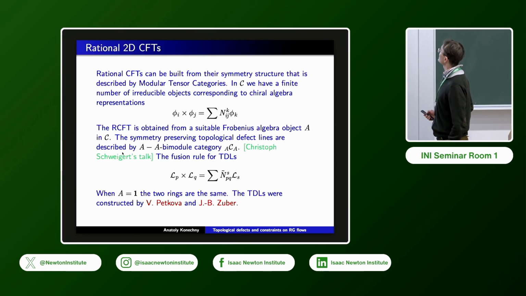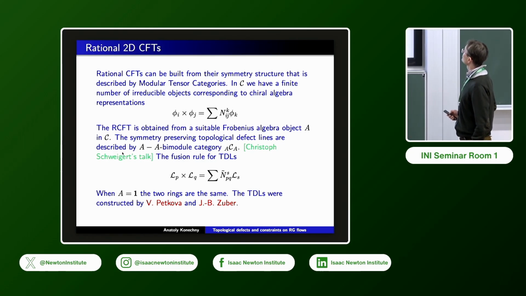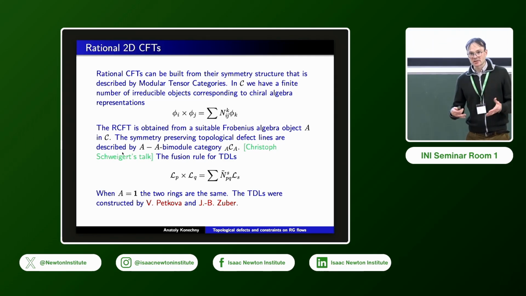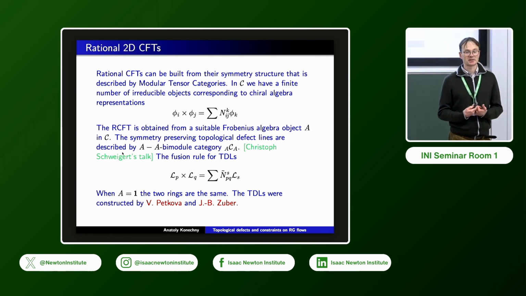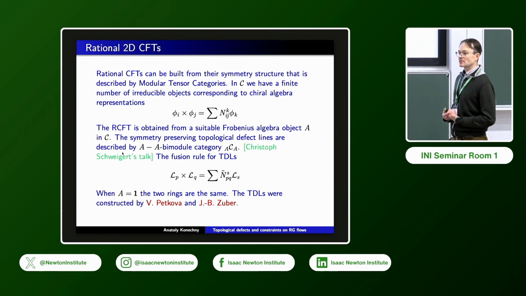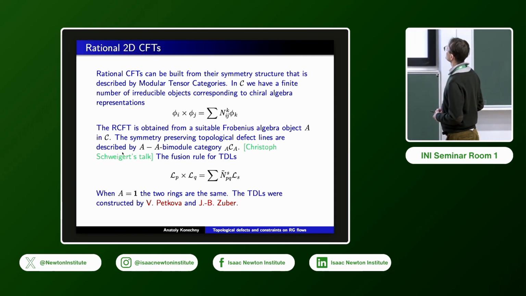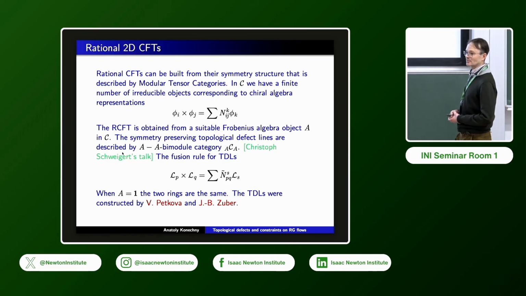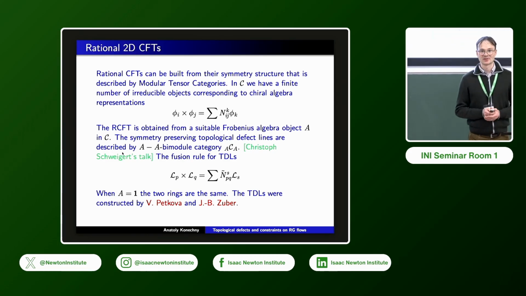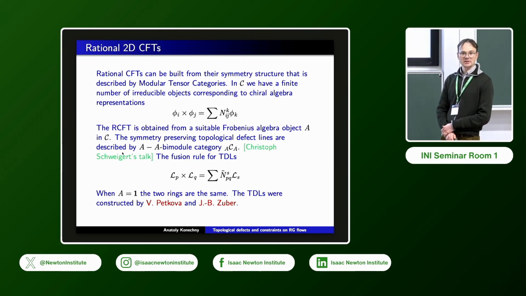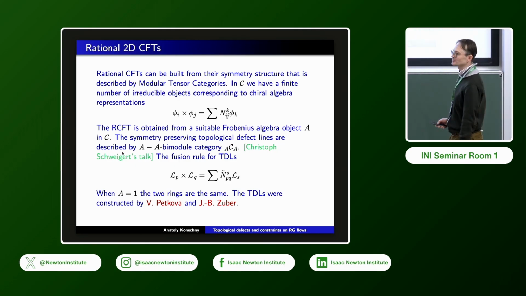So I'll be working in the framework of rational CFTs, whose representation theoretic structure is described in the formalism of topological field theory, which leads to the notion of modular tensor categories. And as Christoph reminded us yesterday, this stuff is already 25 years old, a quarter of a century, the way he put it, and he talked about extending that old formalism. So I will stay with the classic, old stuff,